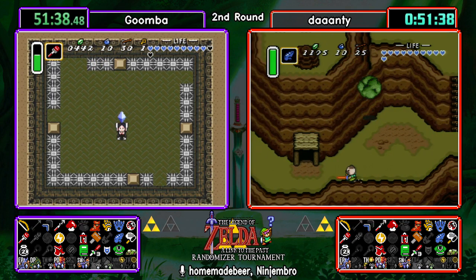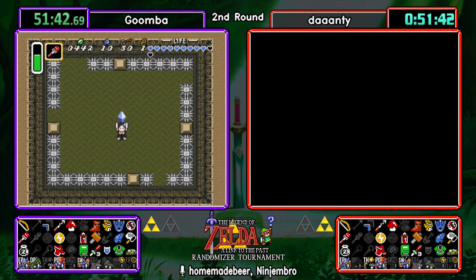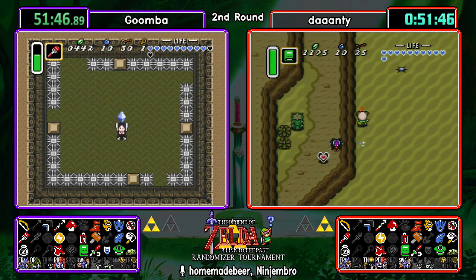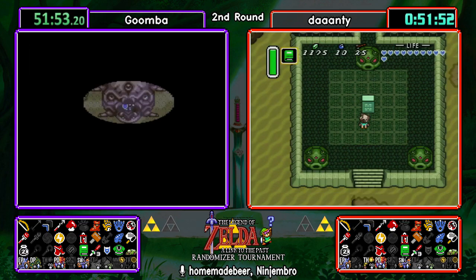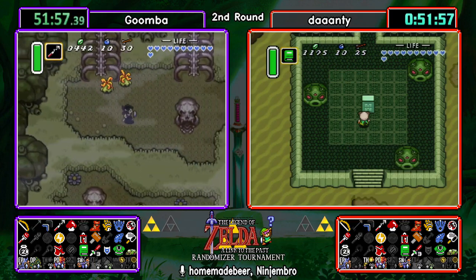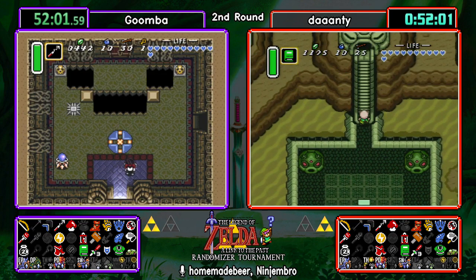So, daaanty is not going to find anything if he goes to Spike Cave. He is now going to head to Desert. So I guess after Skull here, Goomba has Village of Outcasts, Thieves Town, and Purple Chest, and daaanty kind